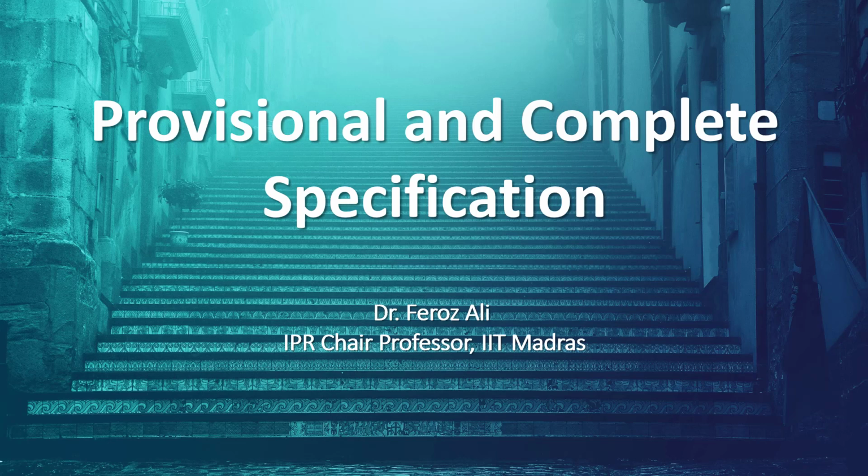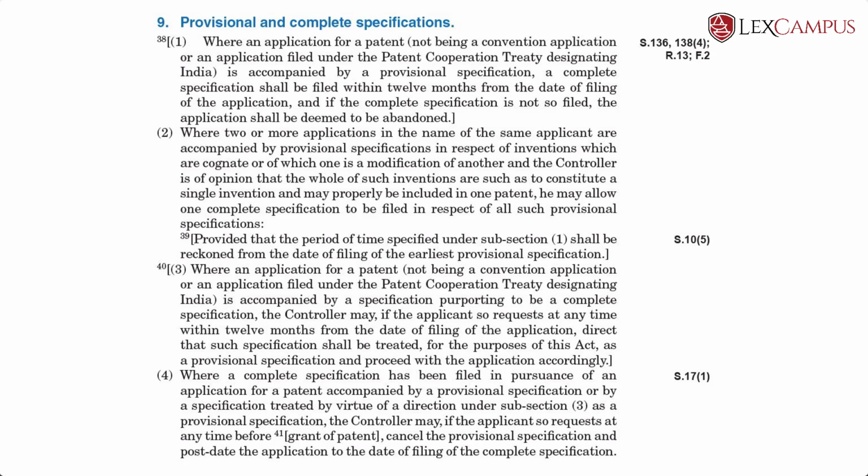Section 9, Provisional and Complete Specification. The Patents Act makes a distinction between a provisional and a complete specification, though both these specifications can be filed using the same form. So, the form that has to be used for filing a provisional or a complete specification